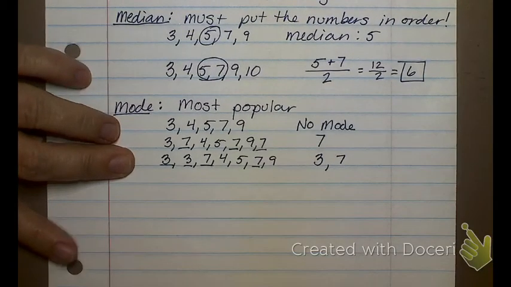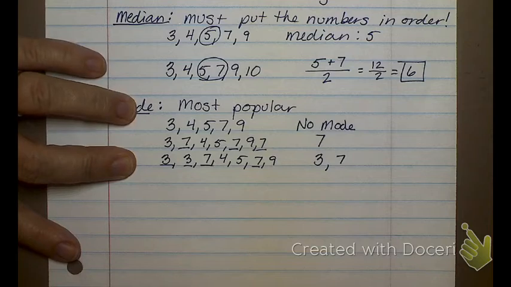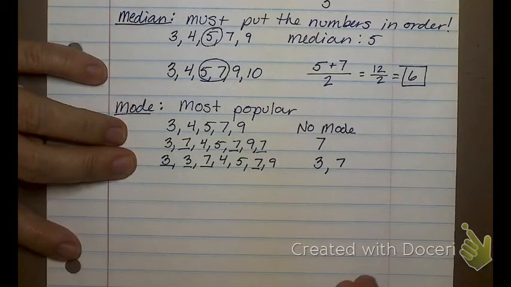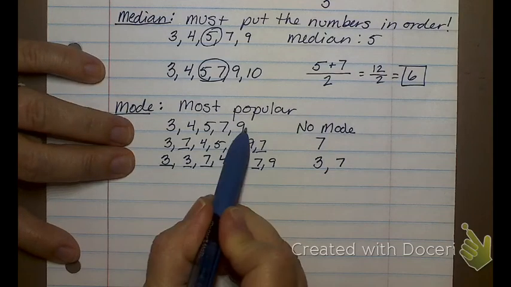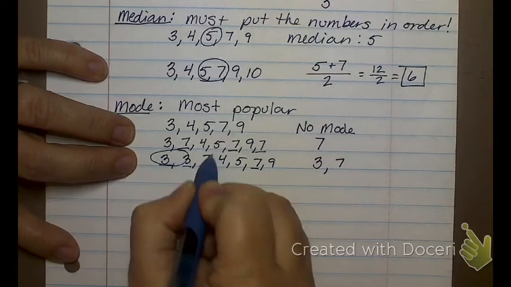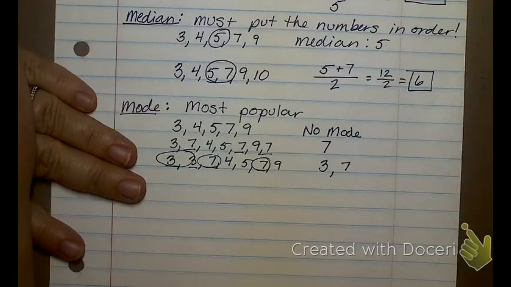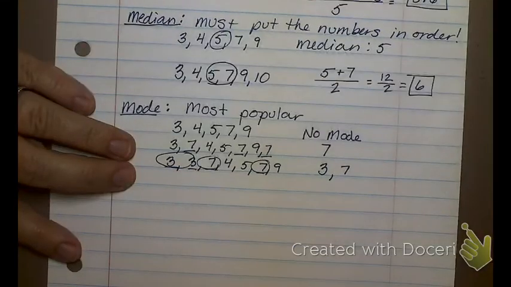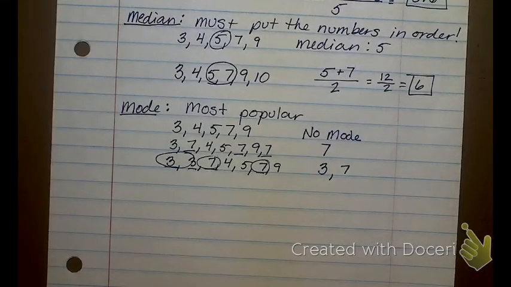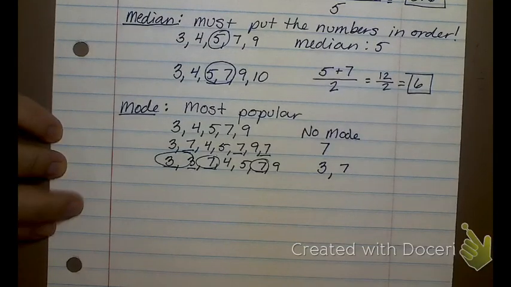How do I know it's not no mode? Because if there's something less popular, it's not a no mode. No mode is when everybody's exactly the same. This one I have 2 groups of numbers that occur more than the others. You could have 3 modes, you could have 4 modes, but if each number occurred twice, I would have no mode because they would all be the equal amount of popularity. Does that make sense? Okay.